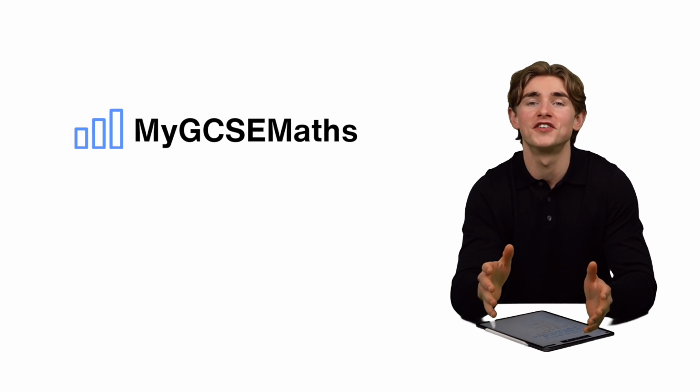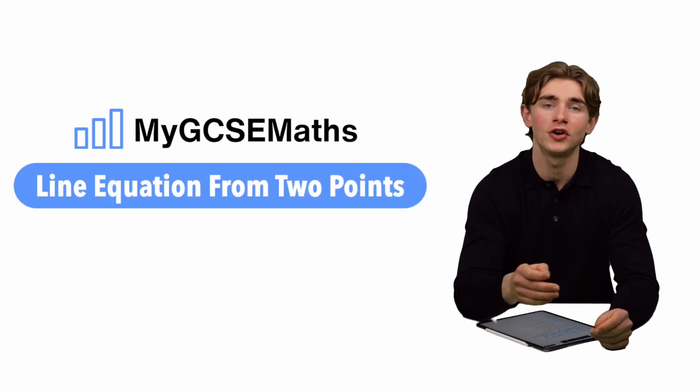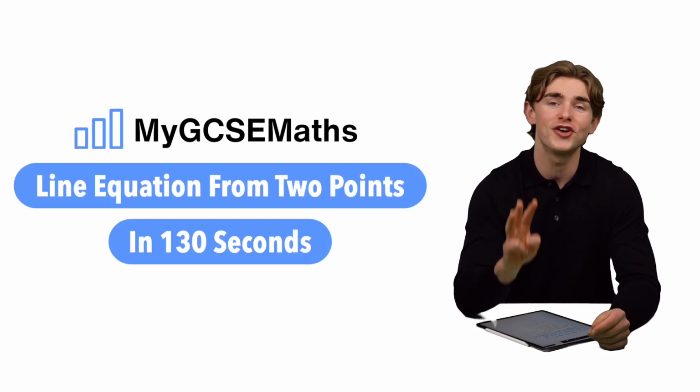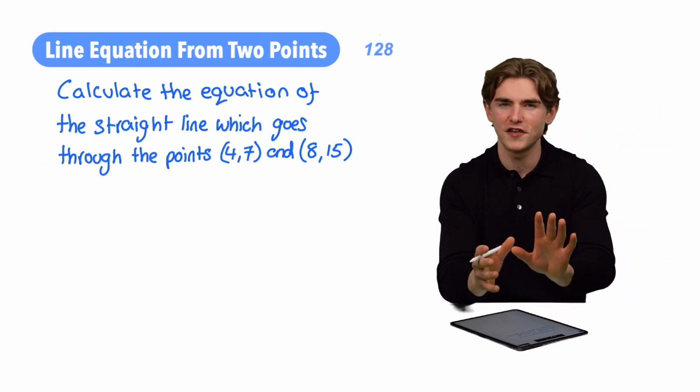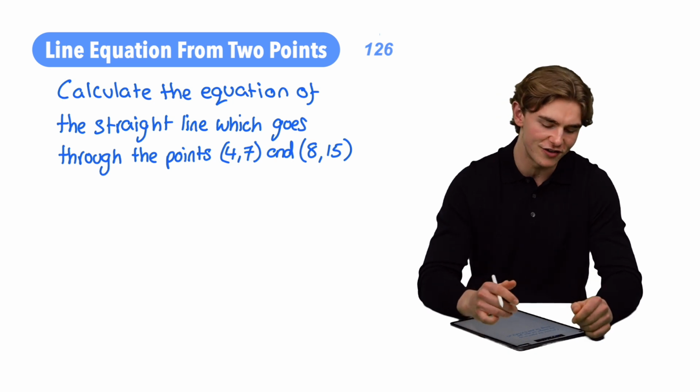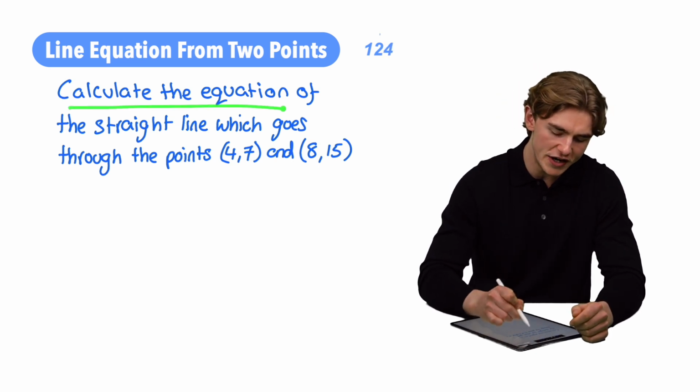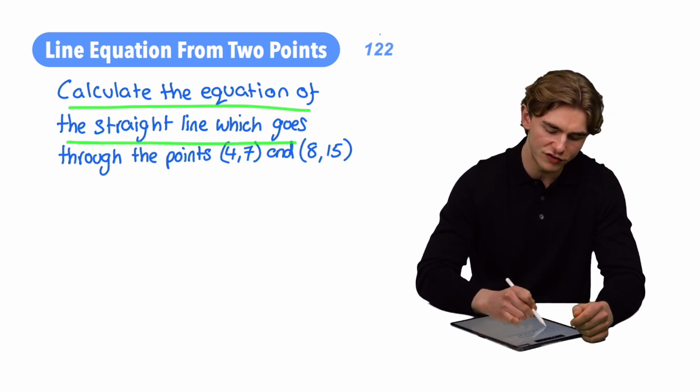How to find the equation of a straight line when you're given two coordinates on that line in 130 seconds. Let's go. This, guys, is a pretty tricky topic. Pause the video now and see if you can get it. Let's have a look. The question says, calculate the equation of the straight line which goes through the points 4,